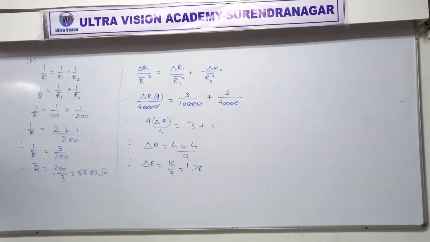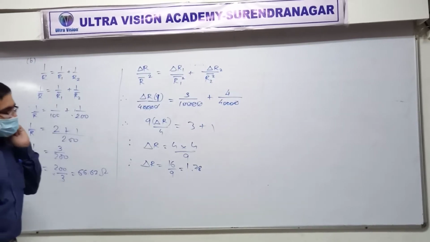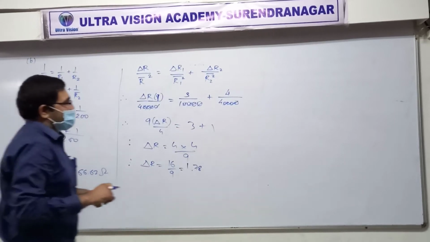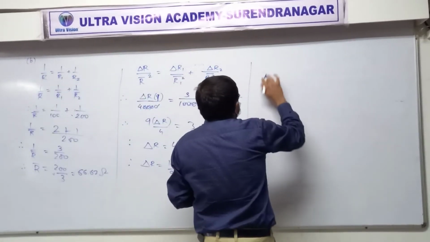No problem. Now look at the original measurement. R1, R2 were measured. Yes or no? Do you see there is no digit after the point in any of them? Look at the original measurements given in the question, R1 and R2. Is there any digit after the point? That means we should also not report anything after the point.